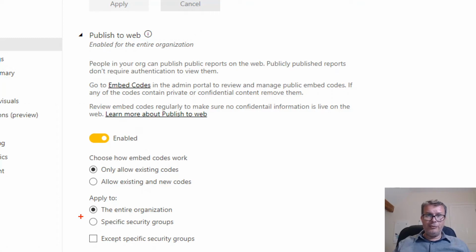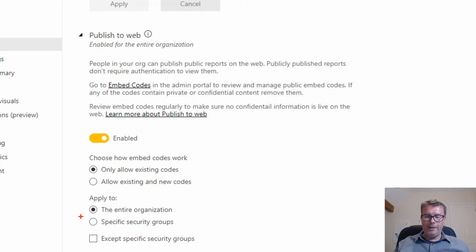Now, there is a good reason why you might want to do this. For example, you might be publishing reports and you want to put them on your company website. You might be a data journalist and you want to share the results of your findings via Power BI with the world. You might be a Power BI developer and you want to show off how great you are at developing Power BI reports and want to publish your reports on a public gallery.